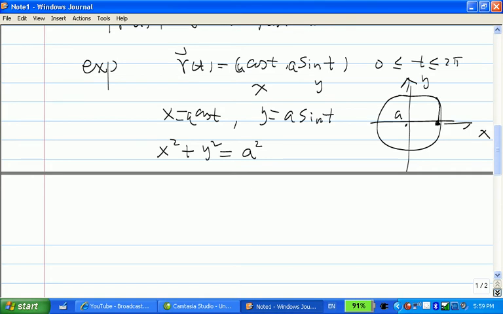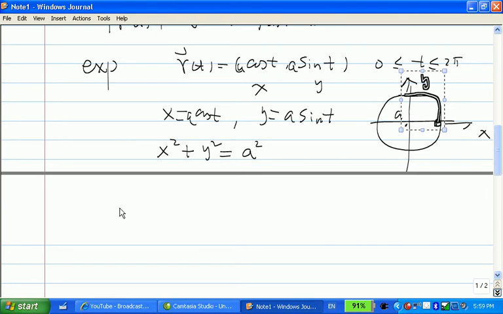It is increasing all the way here. At t equal to pi over 2, you got this point. And keep increasing, and at t equal to 2 pi, they go back to that point again. Okay. So, if we want to find